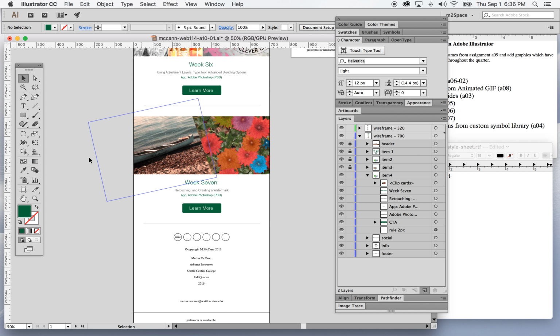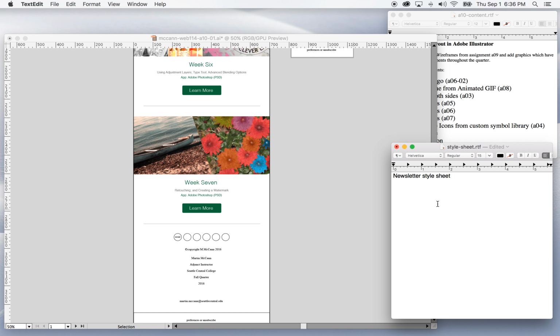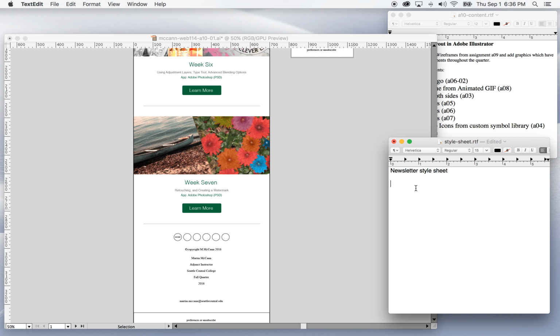So now that we've got most of our stuff down, you should be taking notes on your styles and your colors. A few of the things we need to know. So I'm going to make a simple text edit and notes. First ones are the colors I'm using. I've got a dark green, I've got a dark gray, and a light